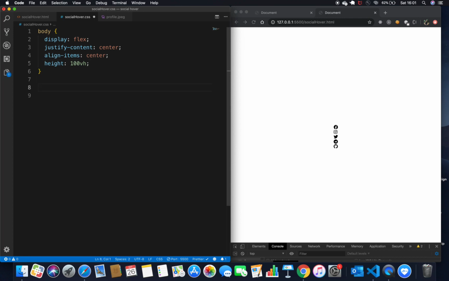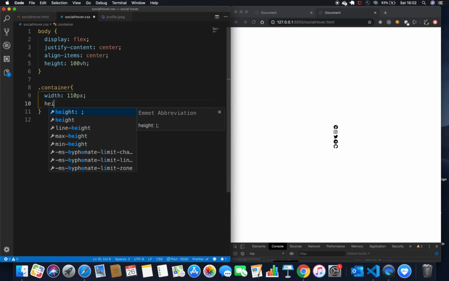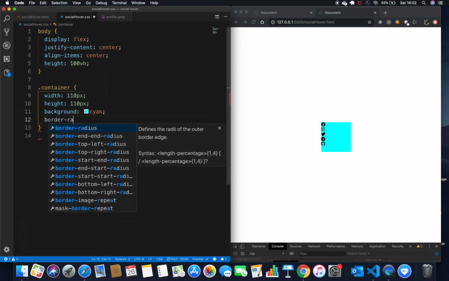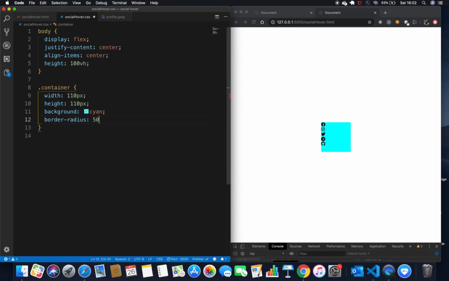Now let's go ahead and style our main container. The main container is basically going to create our profile, so the profile picture is going to come here. So let me give it a width of 110 pixel, also a height of 110 pixel. The second thing I want to do is, it's not visible right now, so I'm going to add a background of some color. It's not important, we are going to remove it at the end because we don't want it later. Also we want it to be a circle, so I'm going to give a border radius of 50%. Basically giving it 50% makes it circular, right?